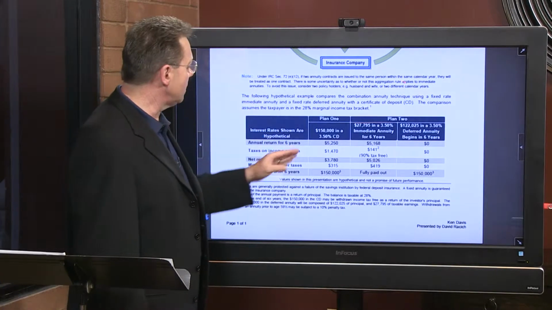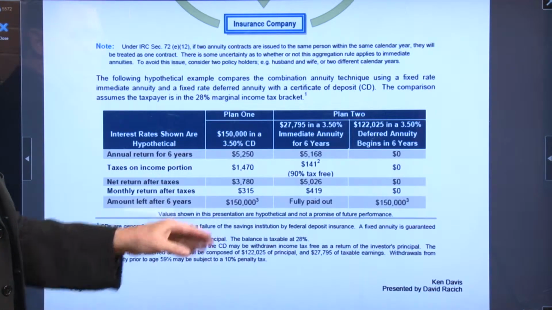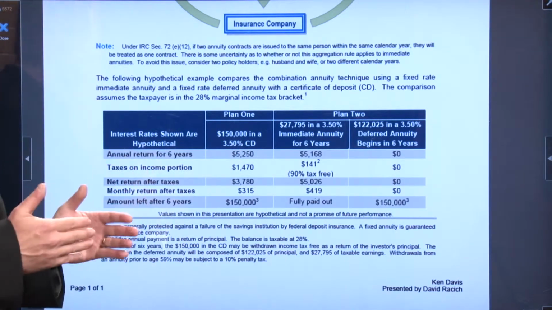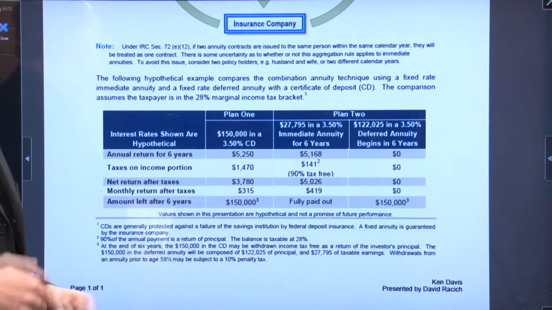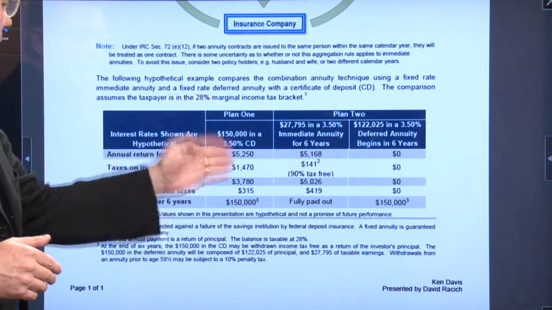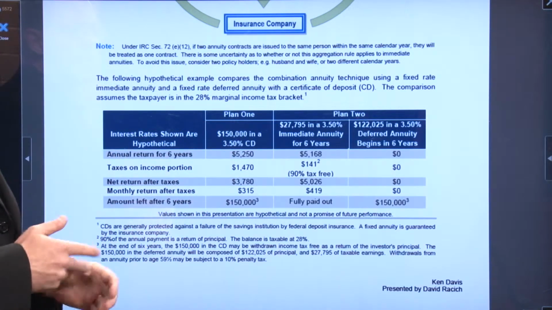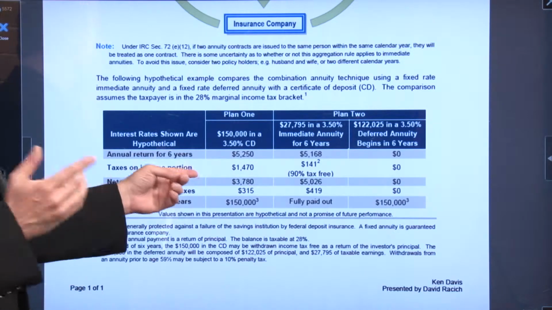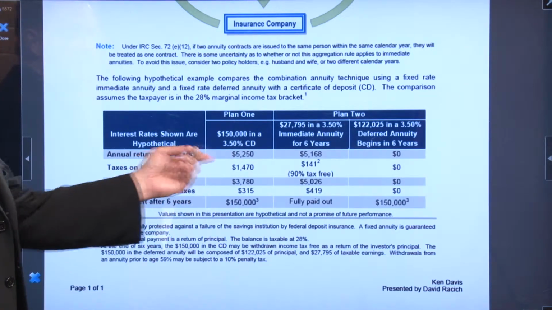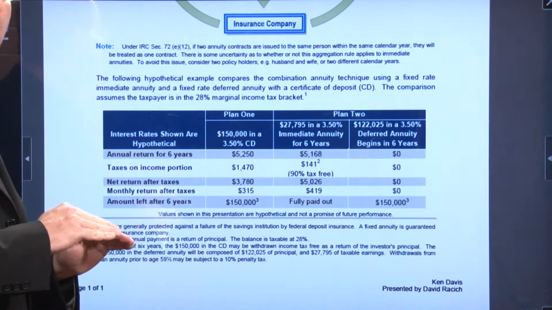But you'll want to look at this and say, in my example, I'm taking $150,000 and putting it inside a CD. Every year, they're going to credit me, in this example, 3.5%. I wish. So they're going to give me that annual return, and I'm sorry, it's 6 years, not 5. When I get that annual return, I'm going to have to pay taxes on that whether I take constructive receipt of the contract or not.